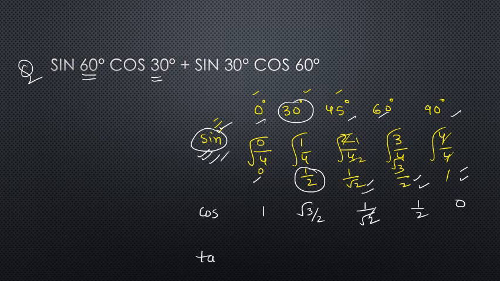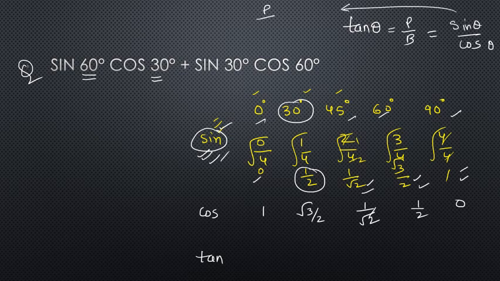Then if you have to find out tan, another formula for tan theta is, in our last topic we considered tan theta as perpendicular upon base, right? Another value is sine theta upon cos theta. Because we know sine is what? Perpendicular upon hypotenuse. Cos is what? Base upon hypotenuse. Hypotenuse will cancel with hypotenuse, then you will get perpendicular upon base. So this is also one formula.